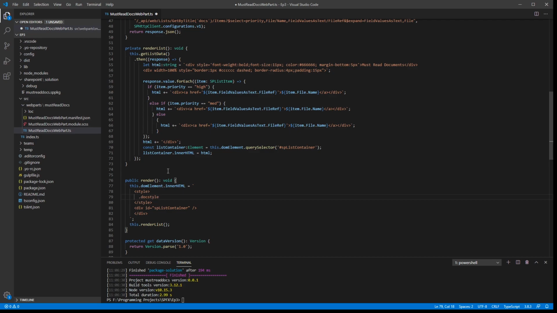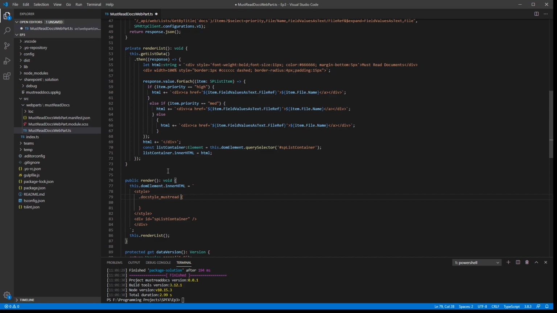style must read. Because I'm adding these classes to the page, I want to make sure that they're not anything generic that may conflict with some other styles that SharePoint is by default setting. Remember, these are cascading style sheets, so they're just adding to each other as you add more styles to the page. So make sure that your naming on these classes is quite unique to your web part. Just call that must read, and